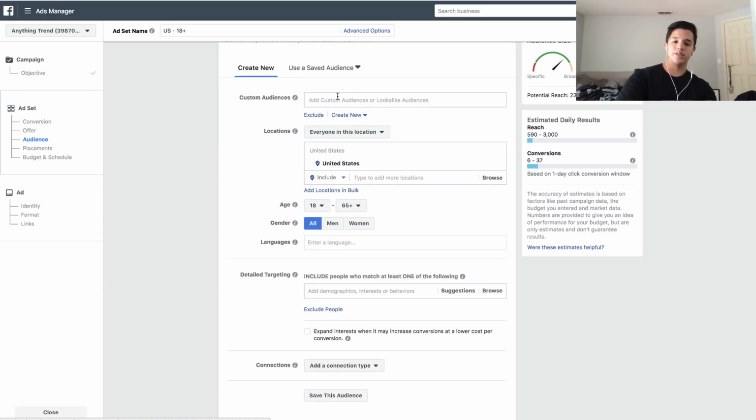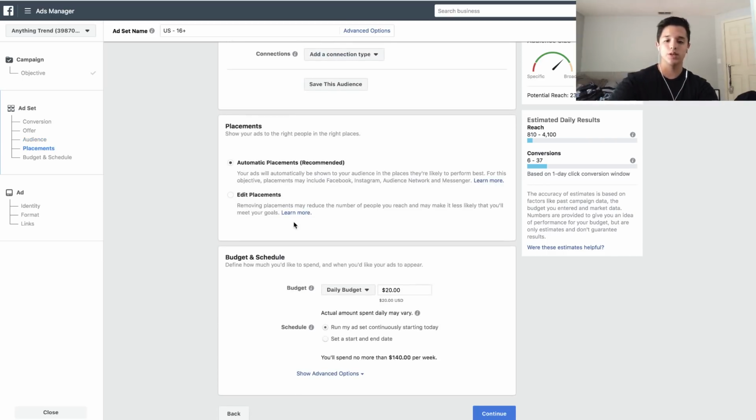But basically, you're doing the exact same thing. You're not putting in interest or doing any of this because we're literally just targeting people that were on our website. We're not doing anything specific with keywords or anything like that. We have our audiences, and then it's set. You place the ad. And as far as the budgets go for these, I'm probably going to be setting them up at $5 a day, or actually, no, we'll do $10 a day.